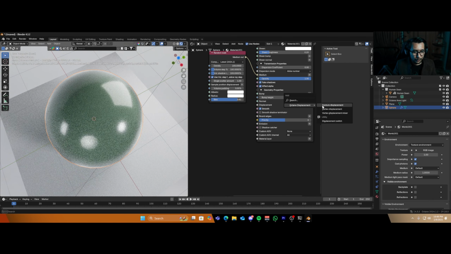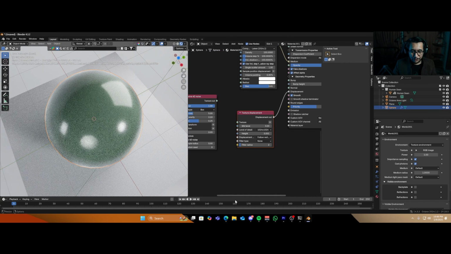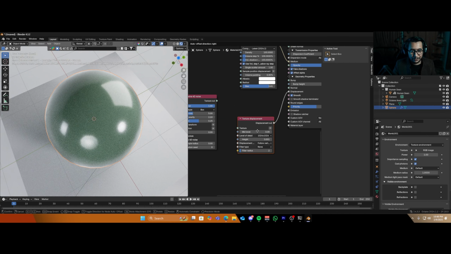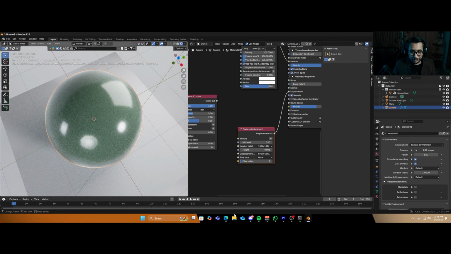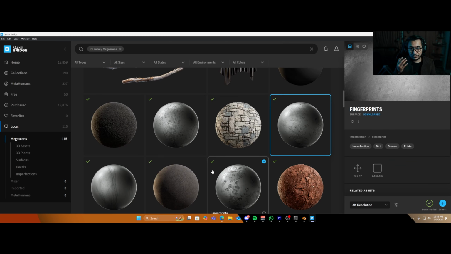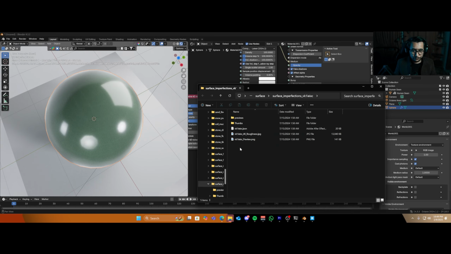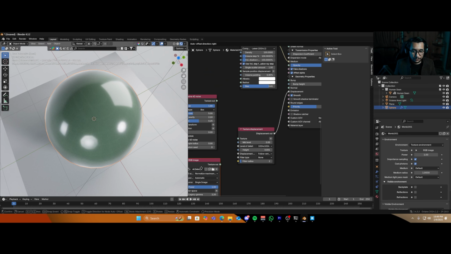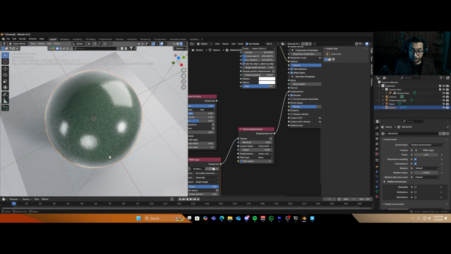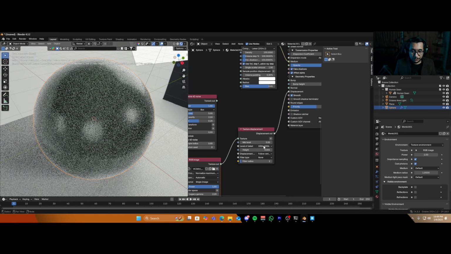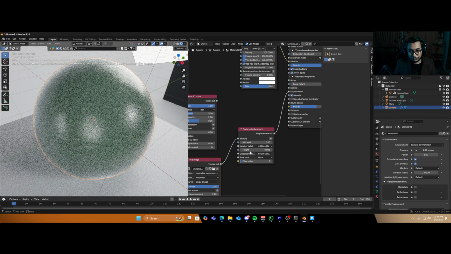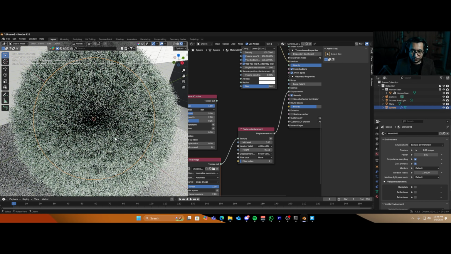So if I come over here to displacement and add in a texture displace, and for example, if I add in any image that we could use for displacement, let me just find one. Okay, so I got Bridge opened up over here. For example, if we want to use this texture as our displacement, I'll just go to my files, drag and drop this, and plug it into our texture over here. Something did happen, but just to get the full effect, we'll have to put it on 4K if you're using a 4K texture. And if I increase the height,